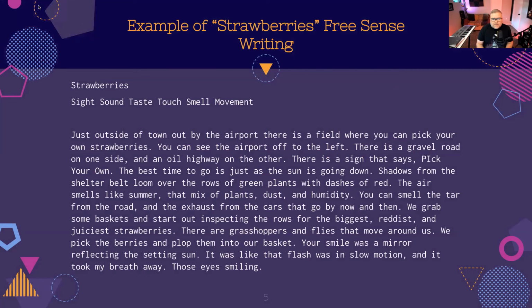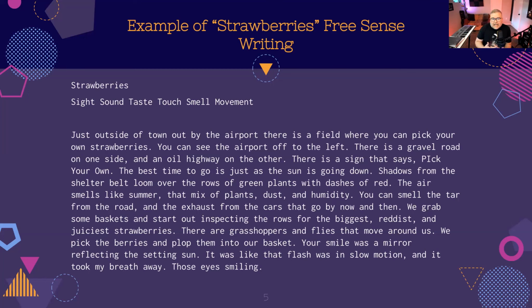I wanted to give you an example of some free writing that I had done, and this is a sense-based free writing, or someone may call it object writing. Pat Pattison calls it object writing. When I'm looking to sit down and write songs, I'll sometimes just start with a random word. The random word that I selected in this example ended up being strawberries.